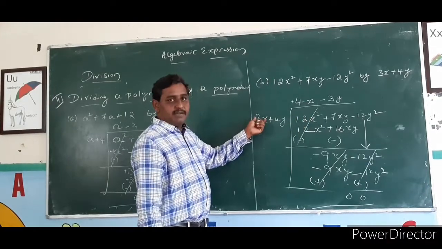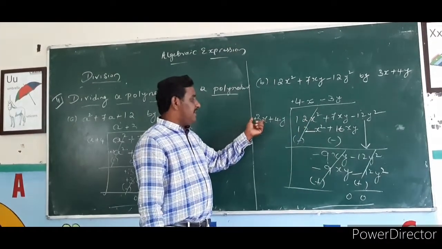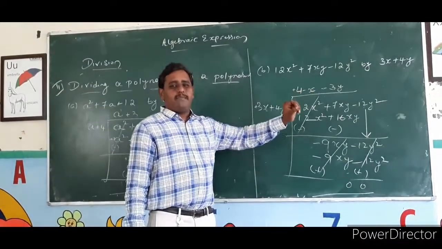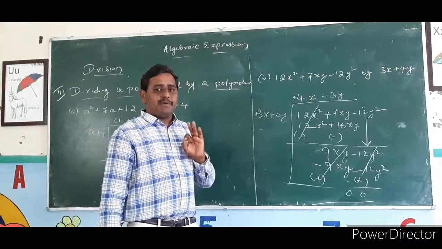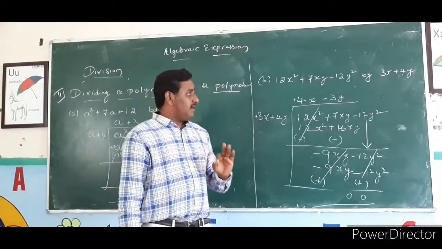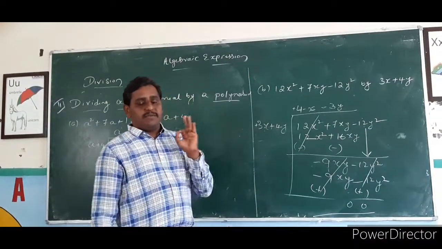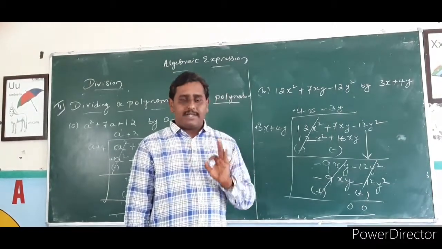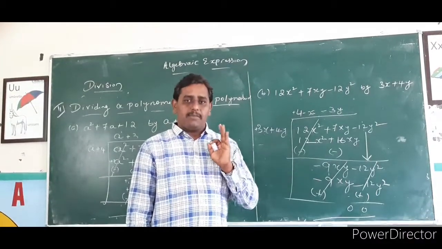So in this case of dividing polynomial by polynomial, you should observe the first term of the dividend and the first term of the divisor, and in the question you have to put the proper term and multiply, and you will get the proper answer. So till now we have learned the division process; three methods are there. A lot of problems are there in your textbook. You can sit and solve the problems.